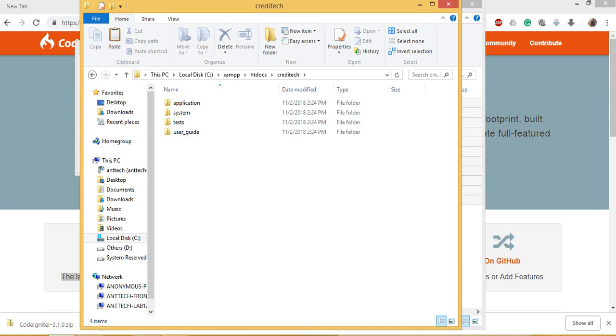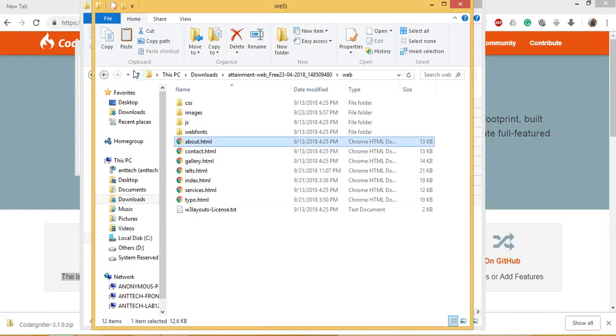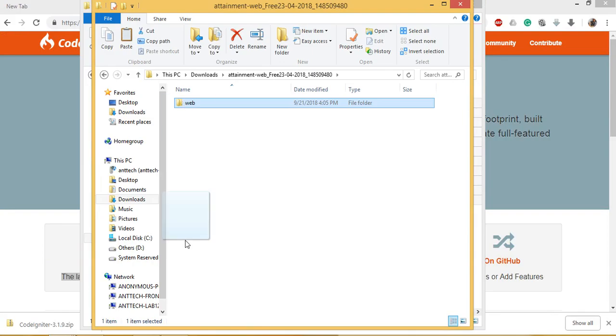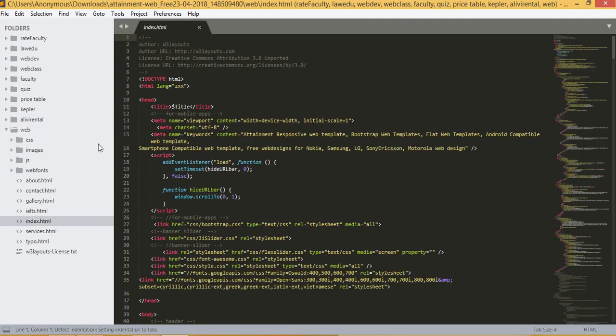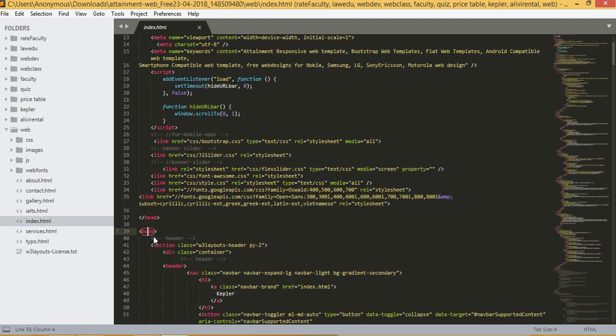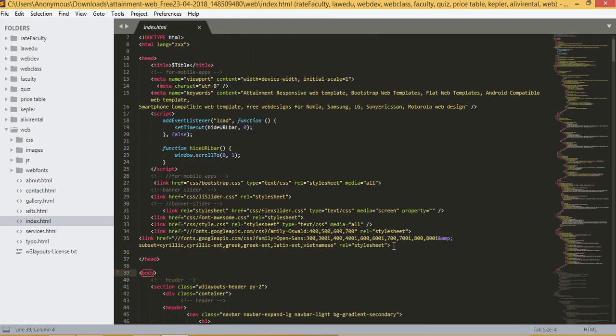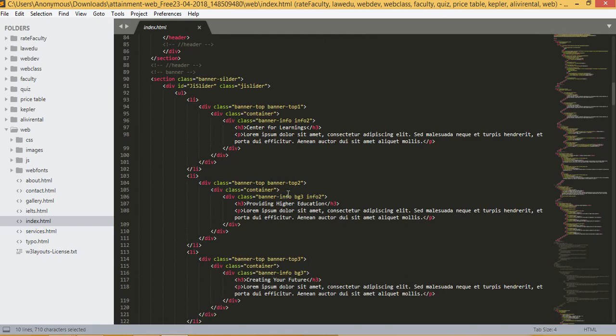Let's take a look at the HTML project we have here. We'll open it in Sublime Text. In Sublime Text you will see the index file. It has everything to make this web page, like the HTML doctype, and head and body started from here. In this head you will see all the necessary resources included in this page, and if you go below the page